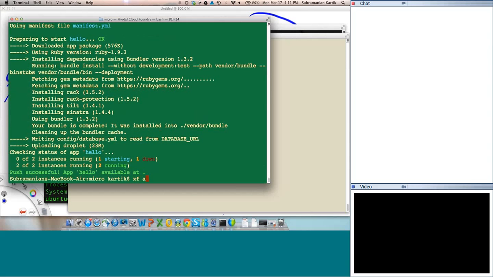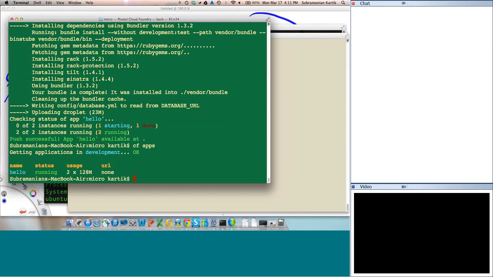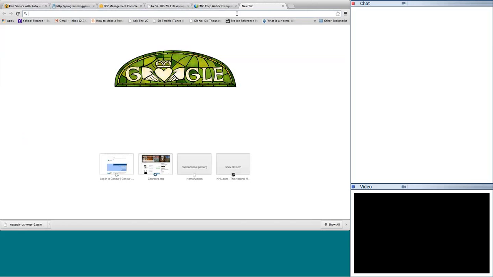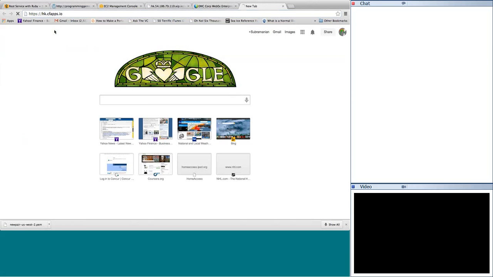So now if I do a CF apps, I will see that I actually have 2 of these running. So that's nice. So let's go and see what this might look like. So if I say hk.cfapps.io,